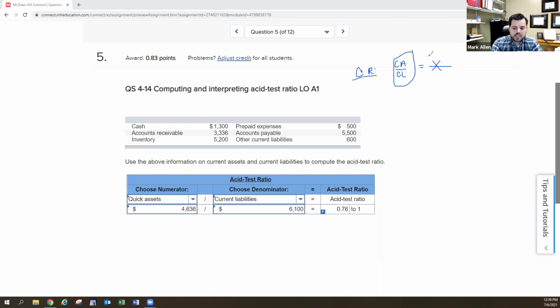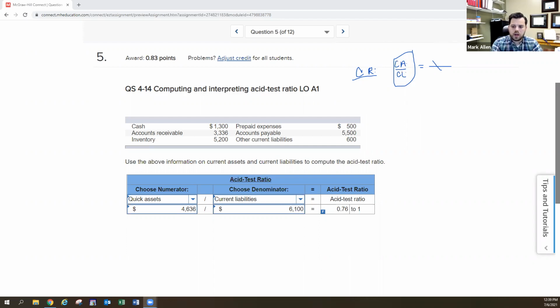If I got, say, 65%, that would tell me for every dollar in current liabilities, I've only got 65 cents in assets to pay for them, right? That might be kind of a problem, right? That means for the stuff that's due within a year, I'm only currently having 65 cents to pay for that stuff, right? Now, there are workarounds. Certain industries just have very low current ratios, and that's fine. But it is certainly something worth looking at, worth being a little bit concerned about. In this chapter,